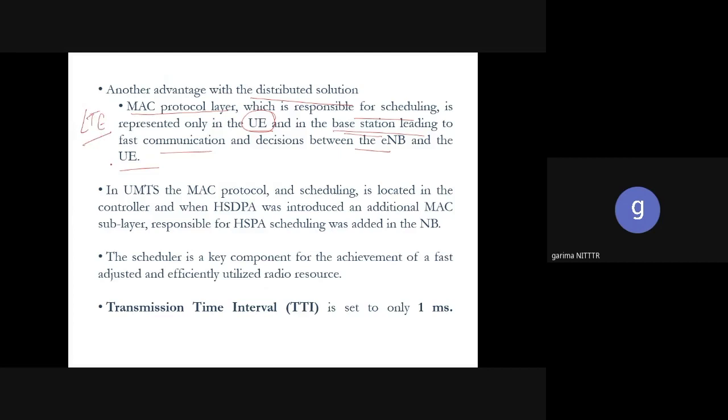But when LTE was introduced, it was always compared with 3G communication. So nowadays also, if we talk about 5G, we compare it with 4G communication. 4G already had this, but 5G has evolved from this technology, and now it is giving better services. So that is why when we talk about 4G, we have to compare it with 3G also.